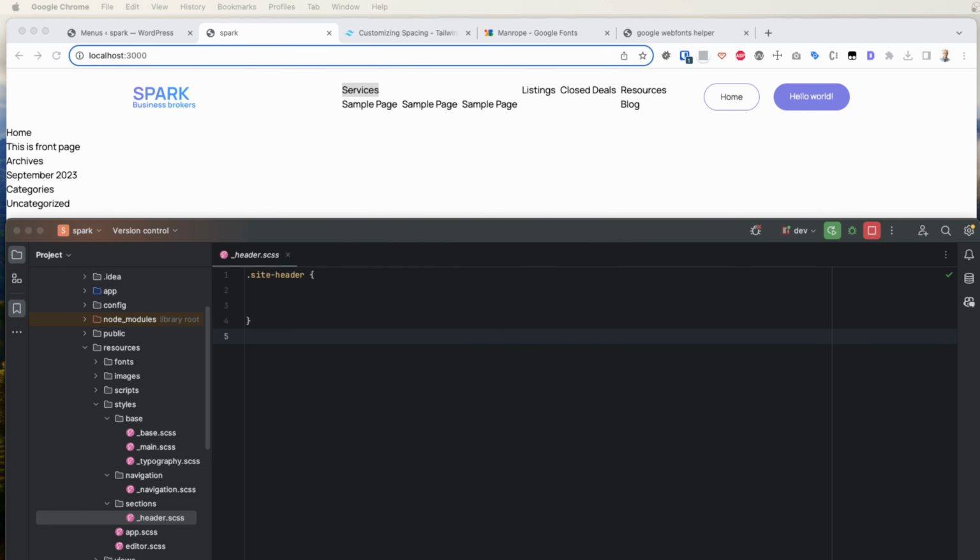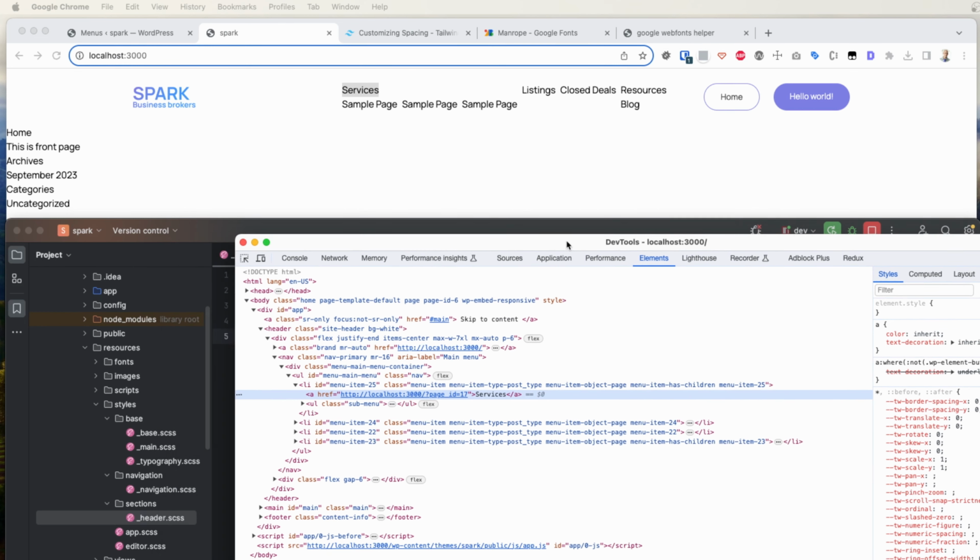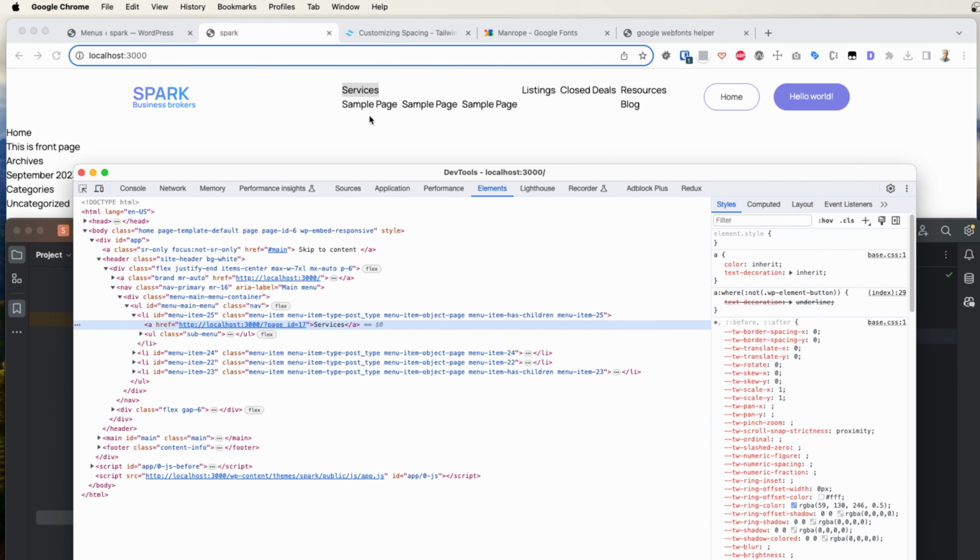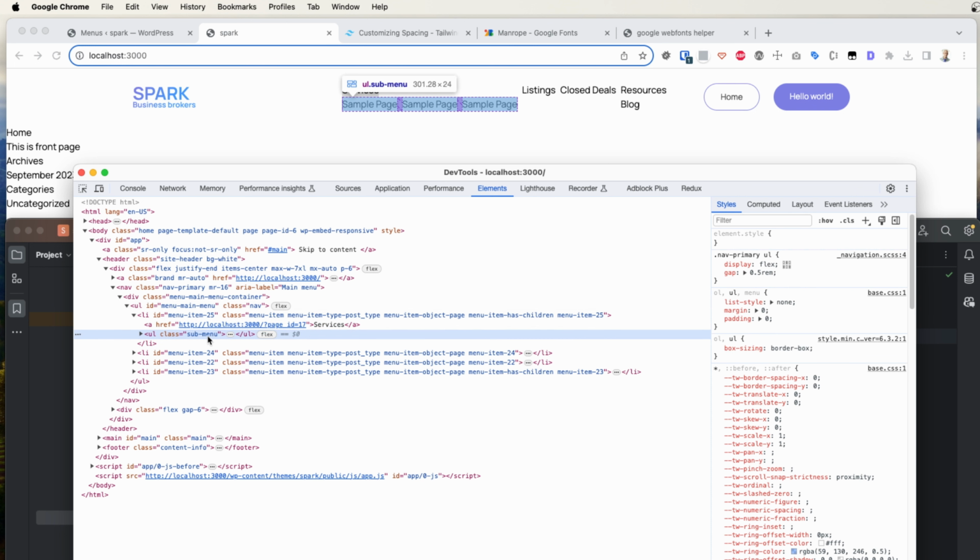So let's inspect our menu, and okay, I will try to put everything on the same screen. So we have this nice wrapper for our menu, which is now primary. We also have a container here, but we just need basically this one. This is the main URL element, and then each li element, if it has children, will have a class of submenu. So first things first, we need to hide those